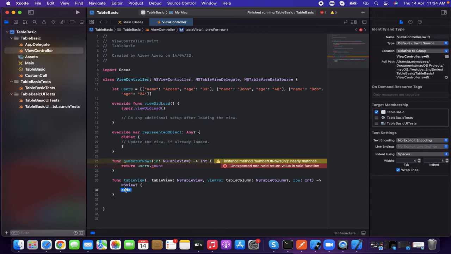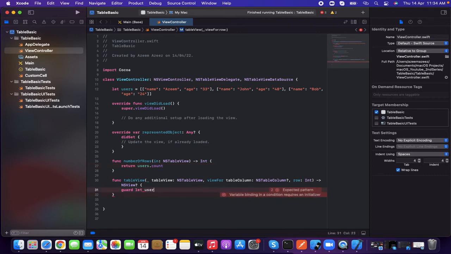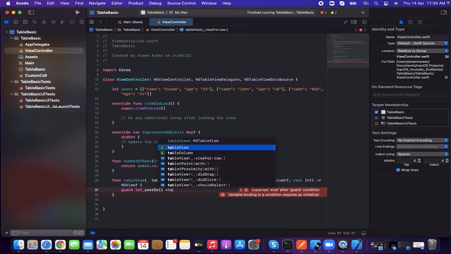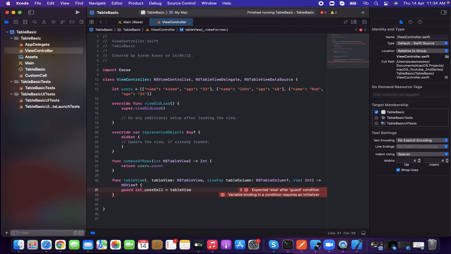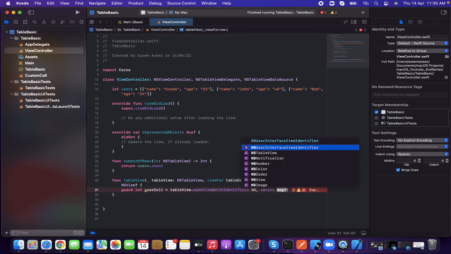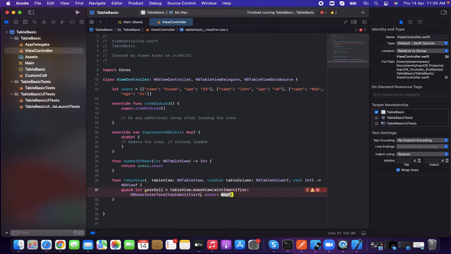And here I'm going to bring a guard let, and guard let user cell will be equal to table view dot make view with an identifier. So this identifier will be of an NS user interface identifier, and the row value, this row value will be the name which I have given there as a custom cell, and the property will be of self,